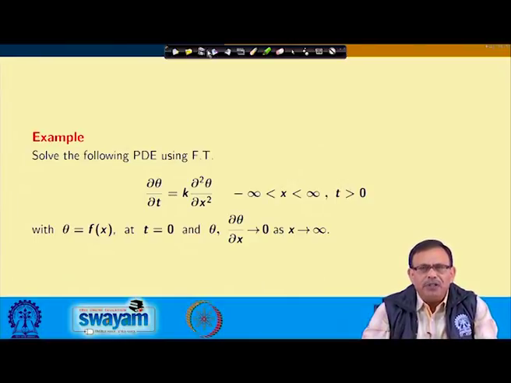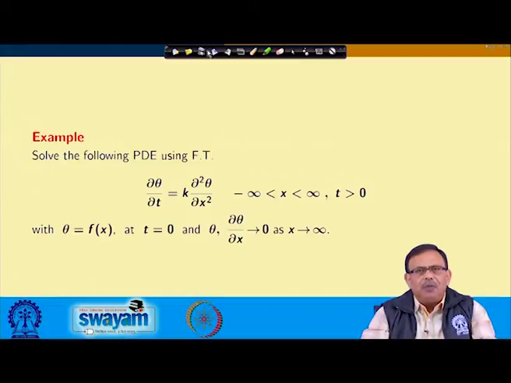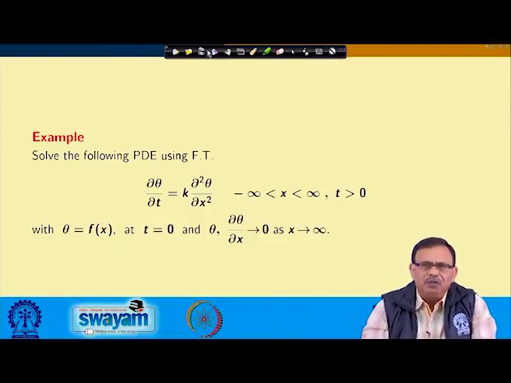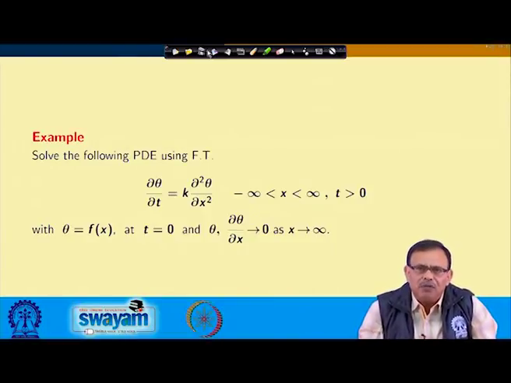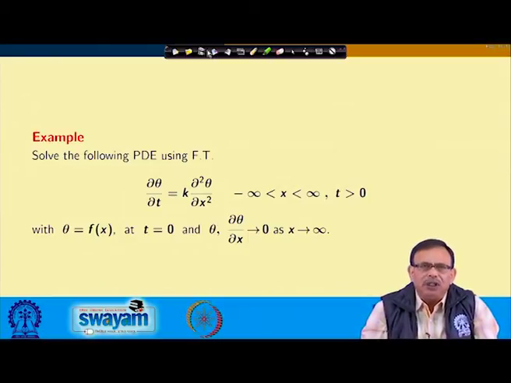You know the range for Fourier transform is from minus infinity to infinity. Also, it has been given that ∂θ/∂x approaches 0 as x approaches infinity, and θ also approaches 0 as x approaches infinity. Therefore, from the given criteria, we can tell that I have to use the Fourier transform on this given equation